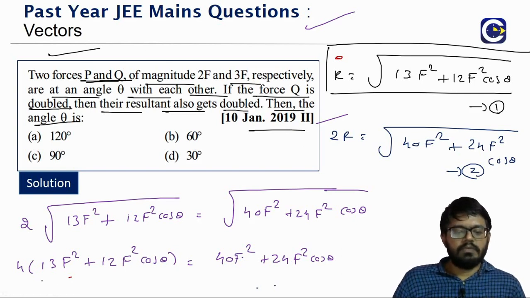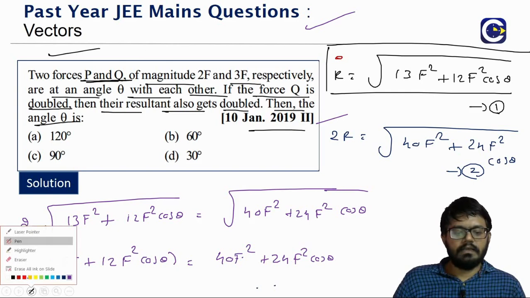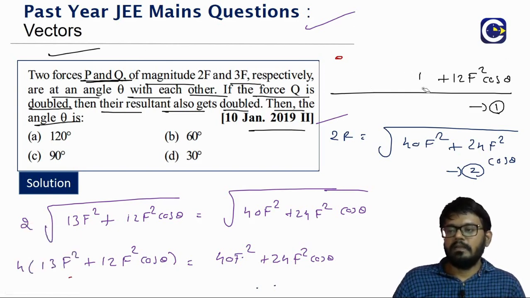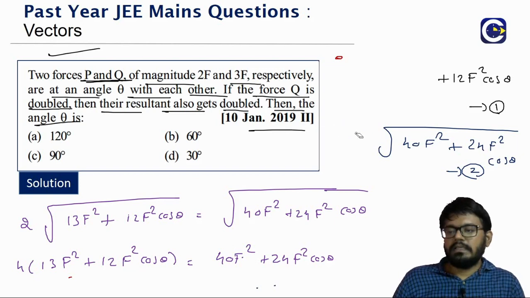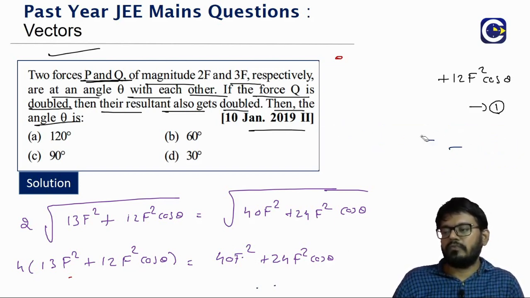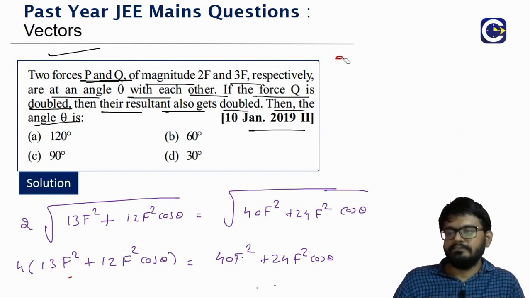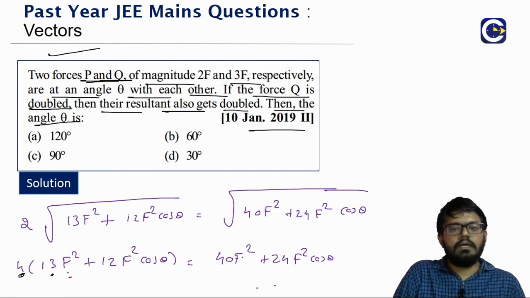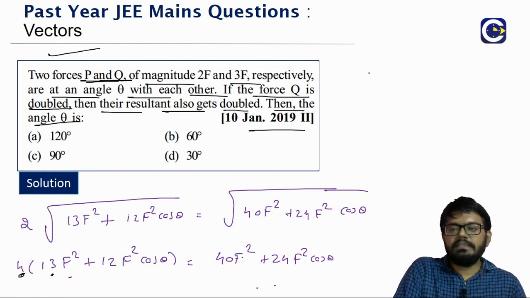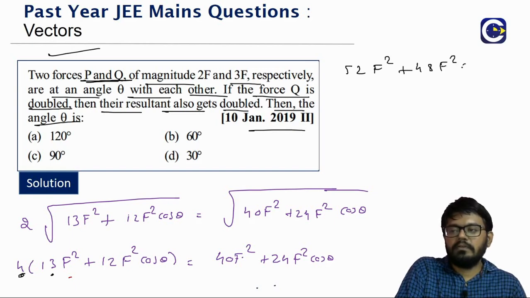Now here left side you see what is going to happen. So we can just erase their other part so that we will use it. That's it. From now, what is the step? It is just about the simplification. If you simplify, we can conclude finally what is the value of theta that we will get. So what is it that we are having? This is what? 4 into 13, that is 52 f square plus 4 into 12, 48 cos theta is equal to what? This is 40 f square minus 24 f square cos theta.